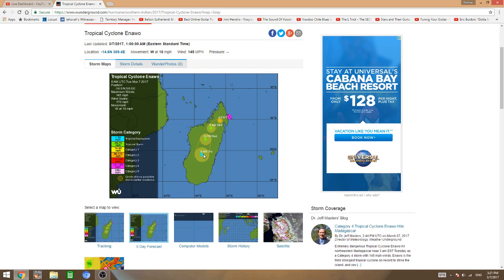Even though it will no longer be a tropical cyclone, it will still have tropical storm force winds that will impact this area. So you can choose, I would say, even though it's forecasting a tropical depression, which they're probably correct because they're the professionals, but I would prepare as a precaution or keep an eye on the news to see if this forecast changes, because I think this was last updated at 1 a.m. So again, as with my forecast, the forecast may have changed drastically from when you're seeing it. This was updated almost 12 hours ago, or 9 hours ago. So the forecast may very well change to show a tropical storm over here, but we'll have to wait and see what they say when they do their next update at 6 p.m. I think,